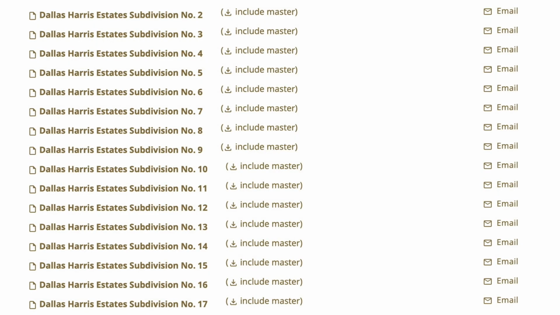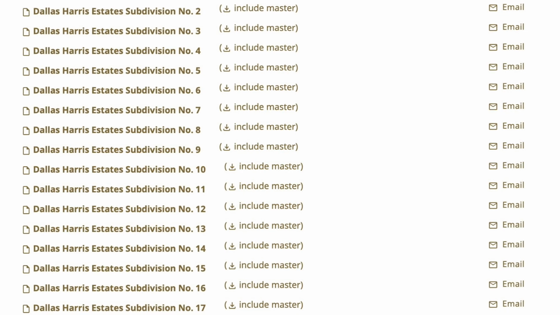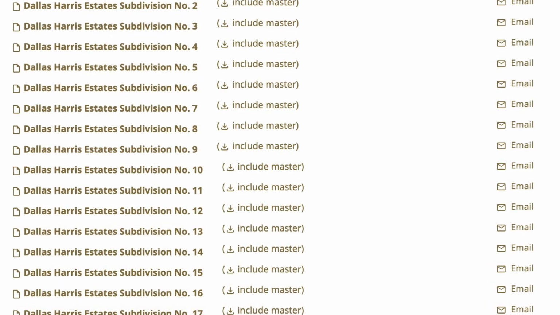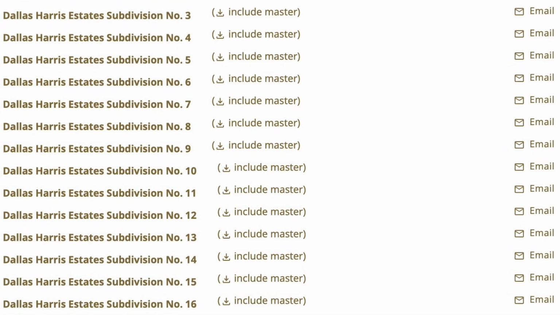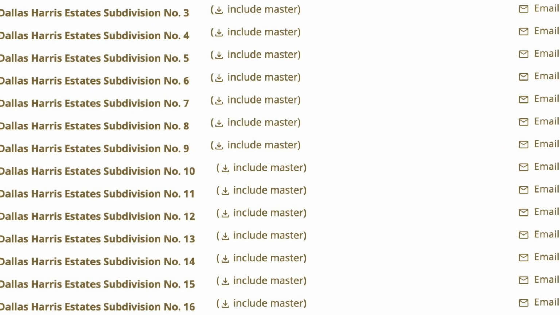And then we have a few other of the blocks that I wanted to show you in sub 1. And then also, I'm going to show you all of the actual subs in Dallas Harris. There are a lot. There are 17 in the main Dallas Harris subdivision, and then there are 2 in the Dallas Harris South. And it just continues to grow. So you can go on Title I's website and look at in the property profiles, you can pull up the CC&Rs, and you can actually look at all the subdivisions for Dallas Harris Estates.